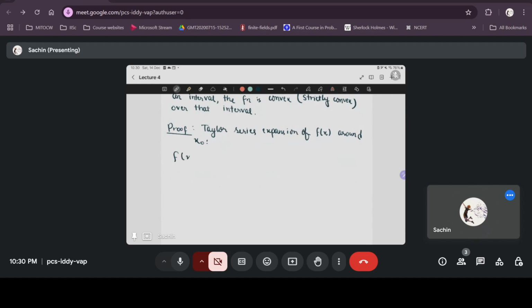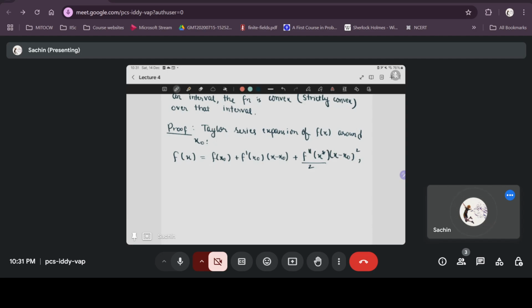Then we can write it as f of x0 plus f dash of x0, x minus x0, plus etc. You can keep on expanding, but if you want to truncate it to a particular point, then it's possible. So this f of x will be exactly equal to f of x0 plus f prime of x0 into x minus x0 plus f double prime of x star x minus x0 whole square